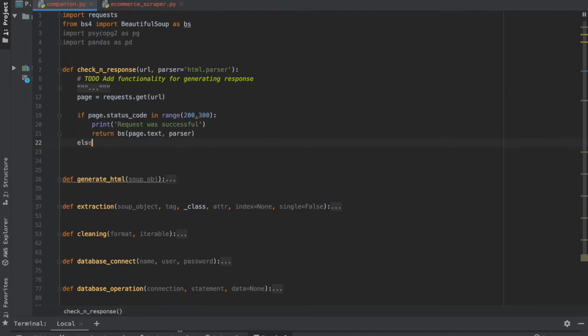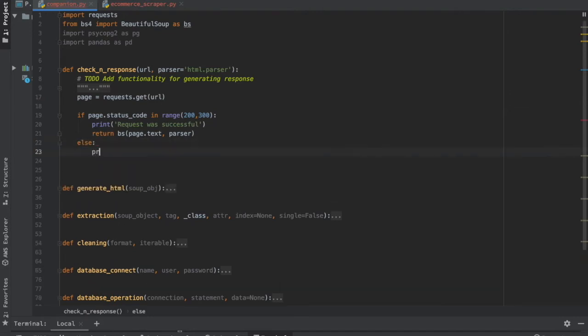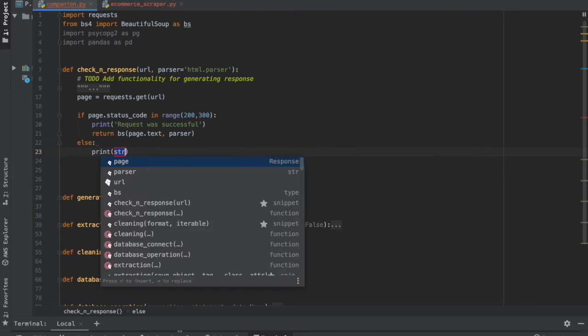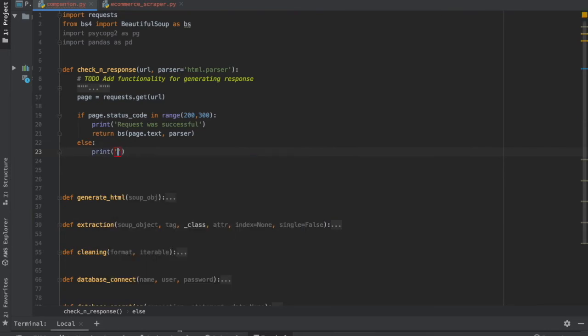And else I'm going to return the error. Just inside the string, I'll say request was denied, and I'm going to print out that error code as well. So request was denied, the error code is, and I'm going to use string formatting and paste the status code itself.